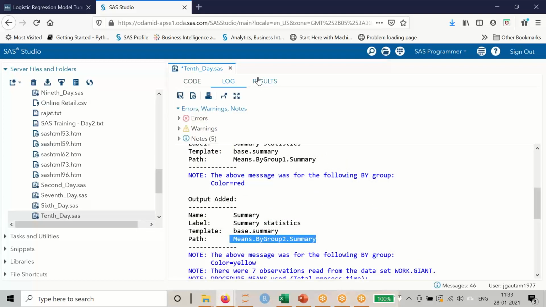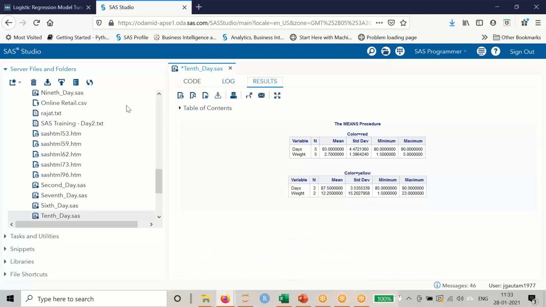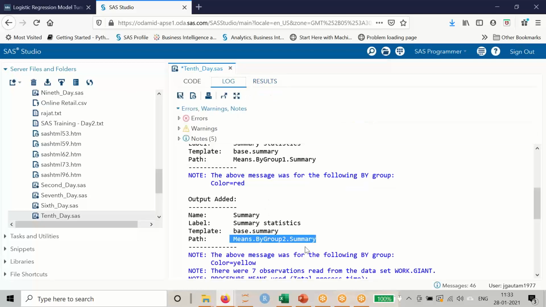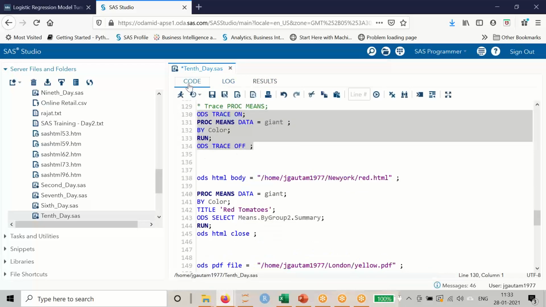We used the BY group earlier. So we got two outputs. One output is for group 1, the second one is for group 2. Now we decided that, okay,